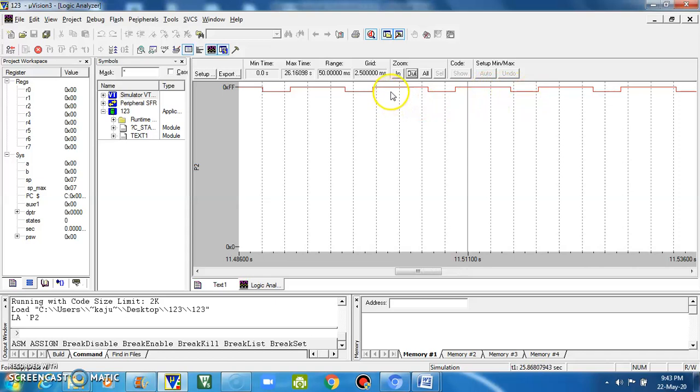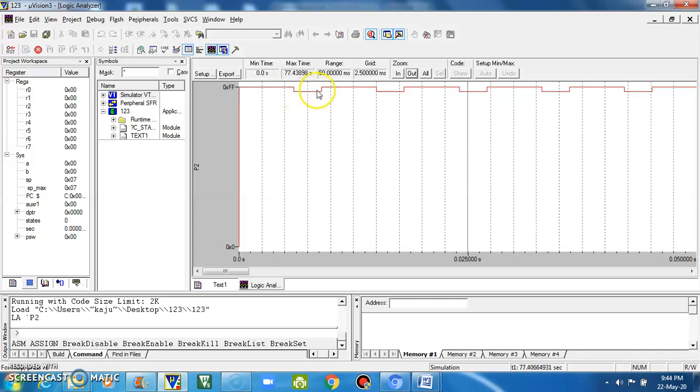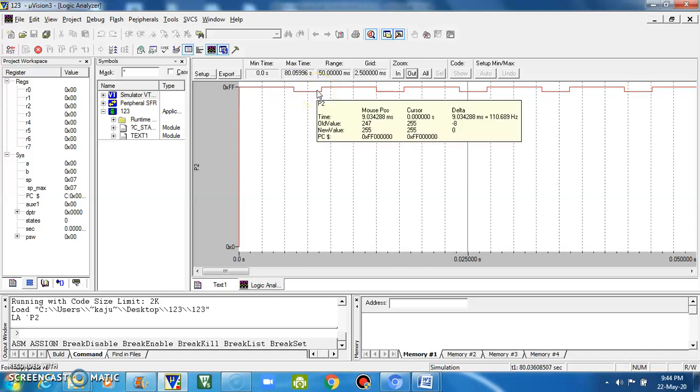You need to understand what this spread means, so just drag this one. Again this is the first logic 1. If we keep the cursor here, just drag to this leftmost position. Here this is my logic 1, first pulse. Then this is logic 0. If I keep the cursor here for the logic 1, it will display the time. You can read the reading. Time is 6 millisecond. In the program, the on time should be 6 millisecond, and similarly the off time should be 3 millisecond. If we keep the cursor here for logic 0, it will show the time 9 millisecond.